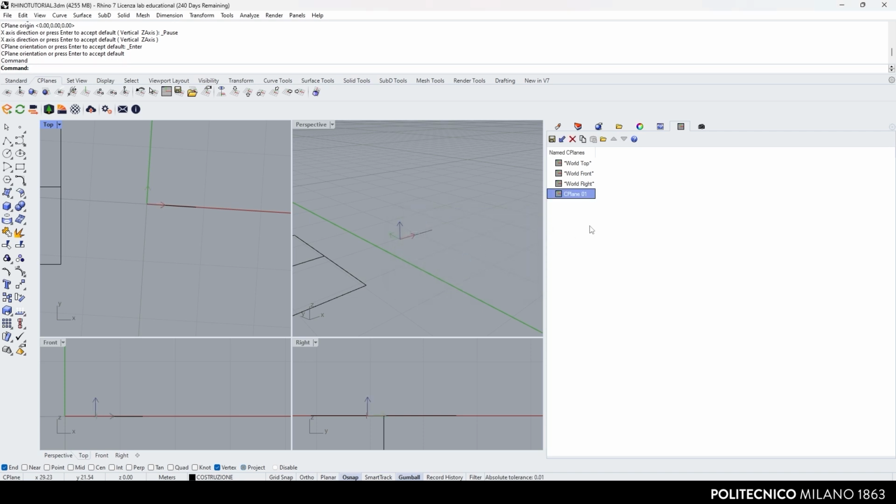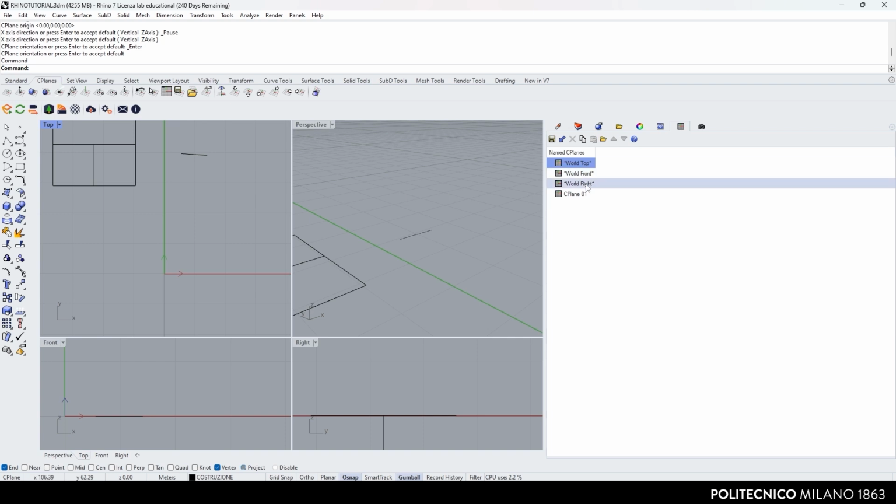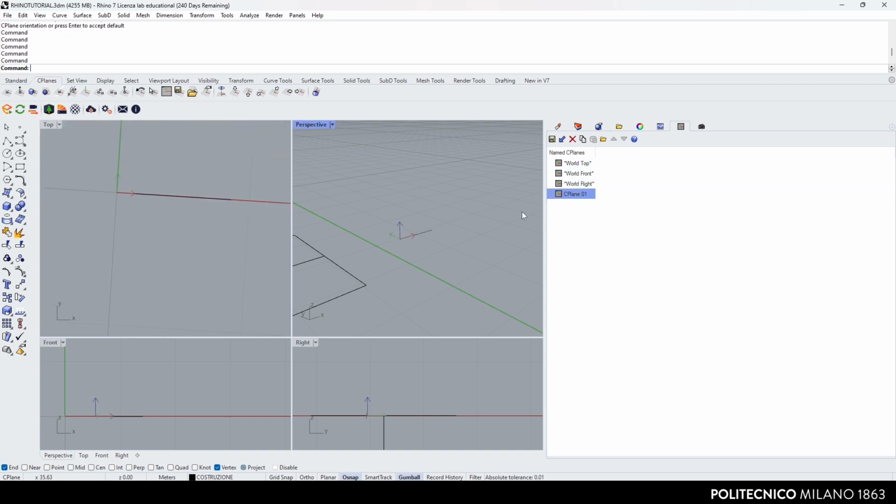Thanks to this feature, we can save multiple planes based on modeling needs. If we want to return to the original condition with orthogonal axes, it is possible to select the C-planes menu and open the view, for example, Top, and select World Top to have the original orientation.